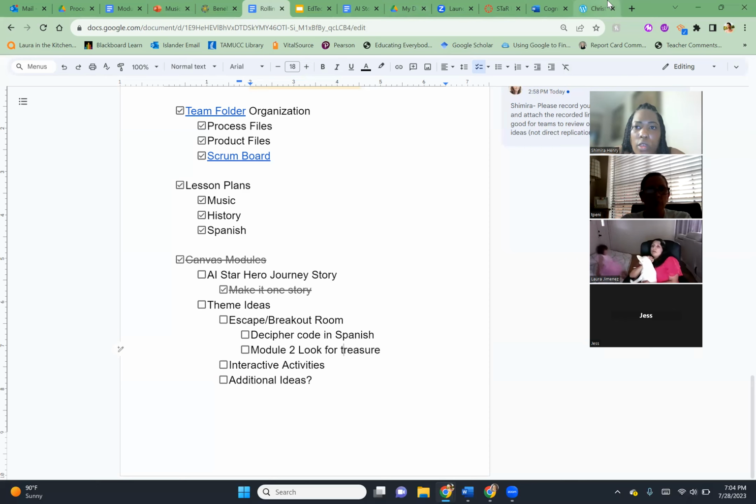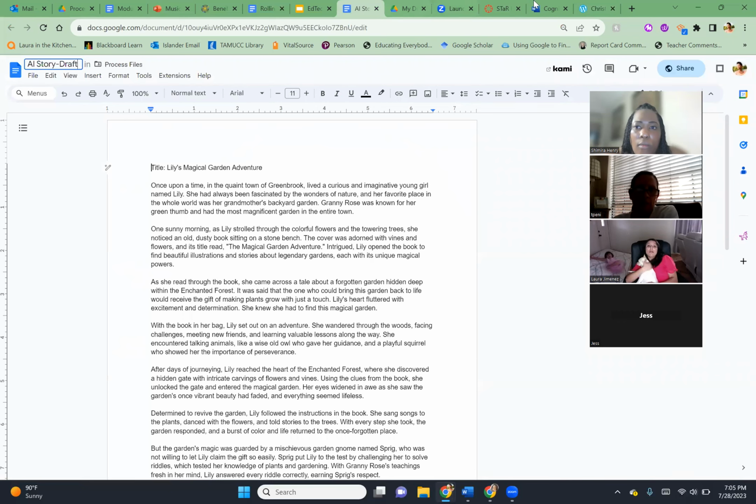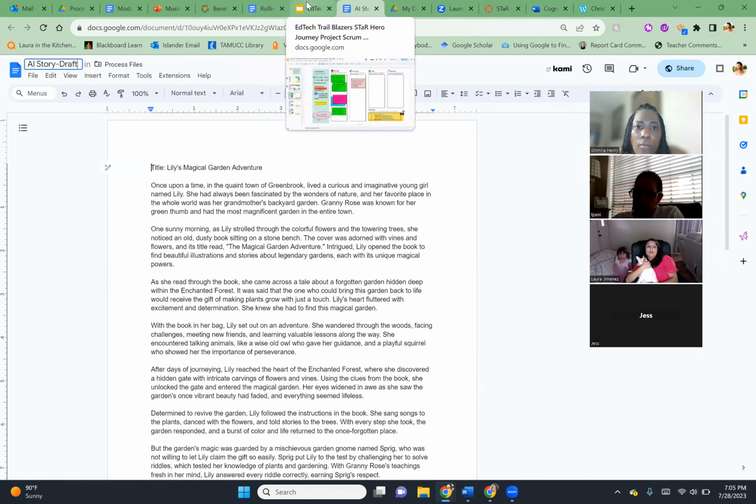With the hero's journey, that could be part of this part right here where they have the reward or receive the sword. So that will go well with that. Oh, that would be really cool, like find a history artifact that's worth a lot. That's pretty cool. Okay, so then I just need to finish my lesson plan.